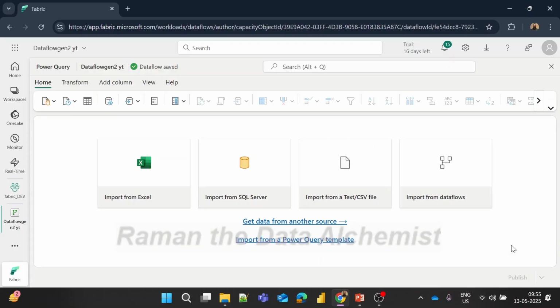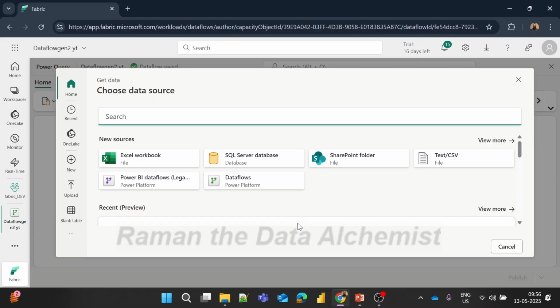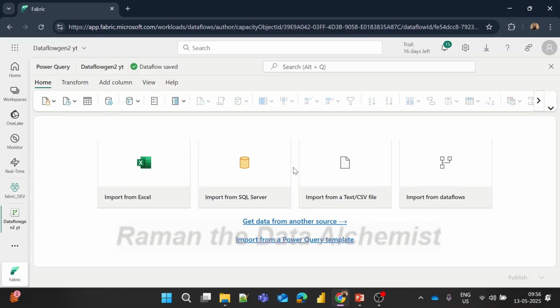There was an option called dataflow, right? So we'll go through the dataflow once. A dataflow is nothing but a type of cloud-based ETL tool for building and executing scalable data transformation and processing. Dataflow Gen2 allows you to extract data from various sources and transform it using a wide range of transformation operations. I will show you once. We'll upload the data and show you what transformations are available in